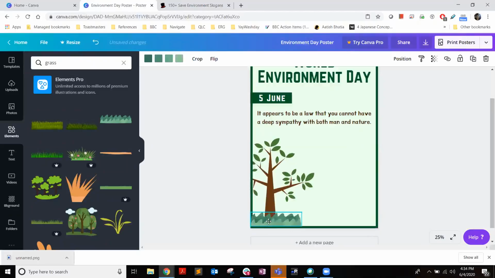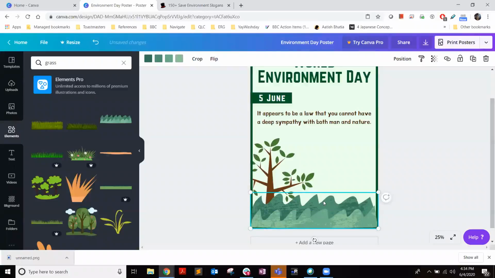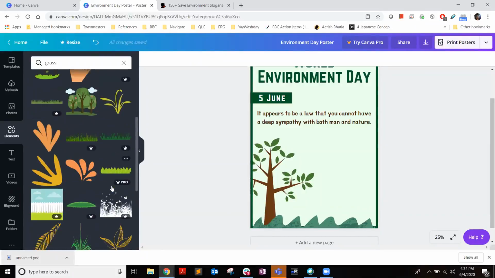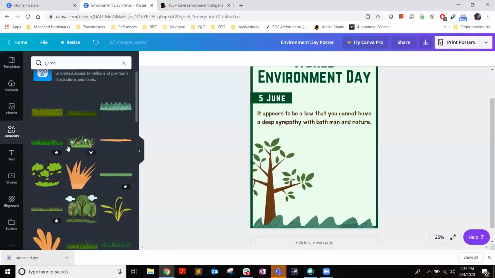And I'll place it like this. By clicking on it, it came on the screen, then I can adjust however I want. And then since this size is so big, right, I'm going to make it go like this down, this way. It's okay if it comes out of the poster. We'll keep the part in the poster which is of our use. So we can keep it this way. Thank you for that nice suggestion, Arnav. That was useful. You can choose any of the other free images as well out of here.